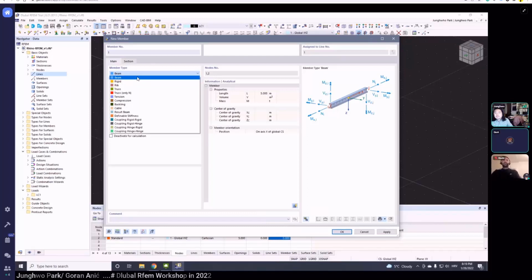The standard beam is defined here as beam. We have, for example, truss elements. This element can transfer only axial force N; it cannot take moment on itself. Or a tension element, or cable, or maybe just a result beam. This is very useful